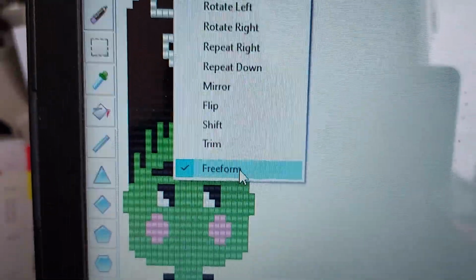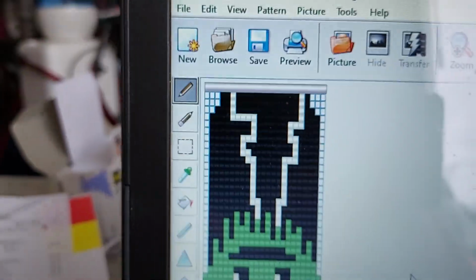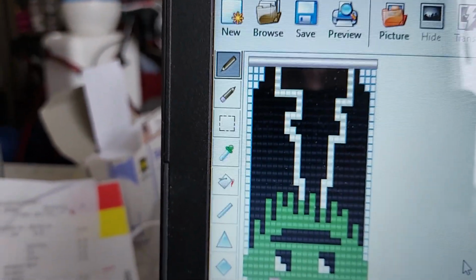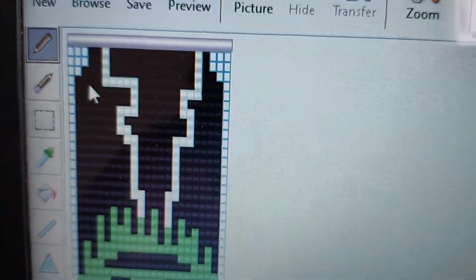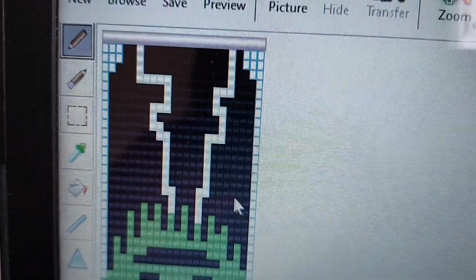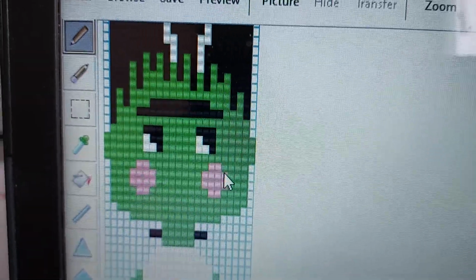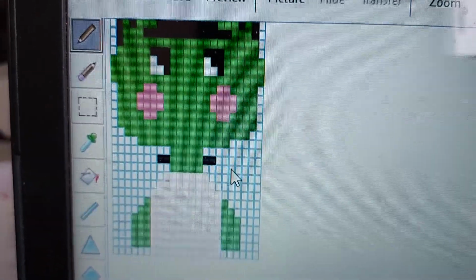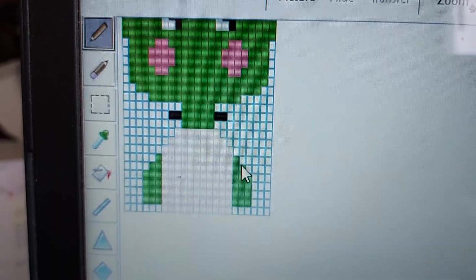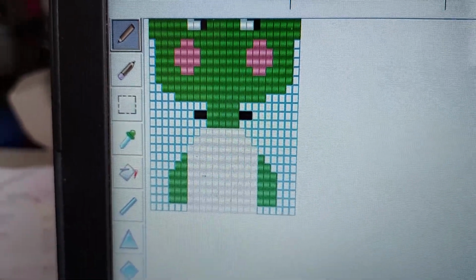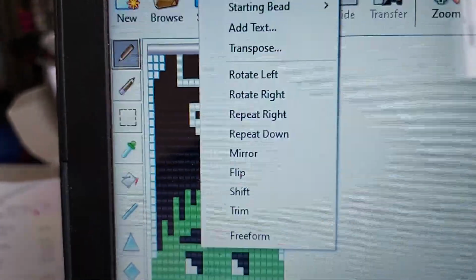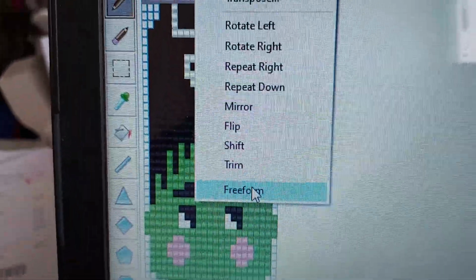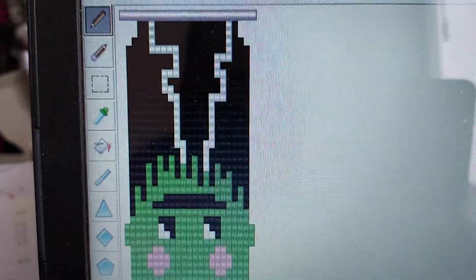Now let me show you what it looks like without that checked. See all the lines there? All your blue lines from where your pattern is originally sitting at. A lot of people don't like to see all them empty squares. So, in order for them not to see the empty squares on your pattern, you click Freeform, and it hides